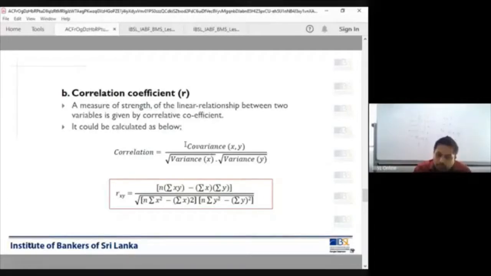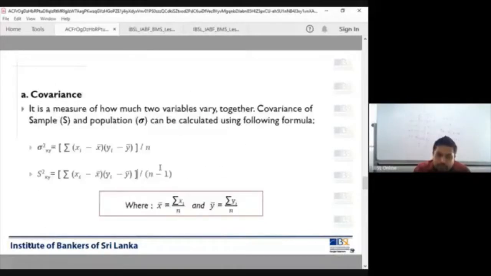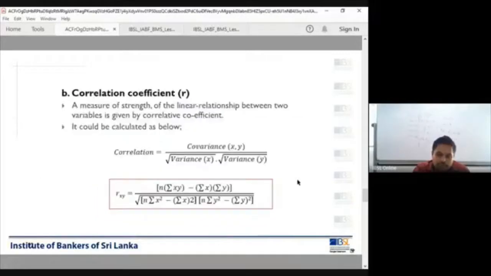If you look at the values for covariance, you may simply replace this portion by applying the equation shown here: xi minus x bar multiplied by yi minus y bar. Take the sigma of that, divide that by n minus 1. And for the variance also, for the standard deviation, what we denote is nothing but xi minus x bar, divided by n, or in this case, if it is a sample, n minus 1. You could do a simplification